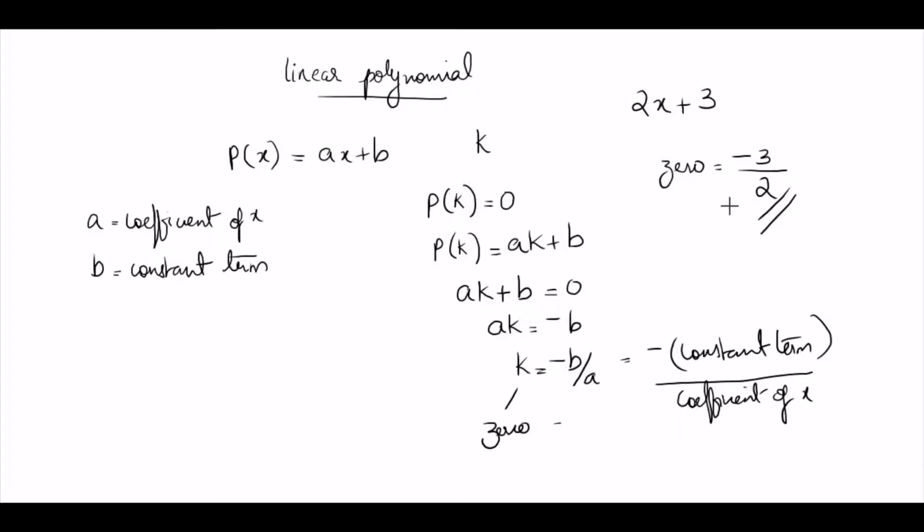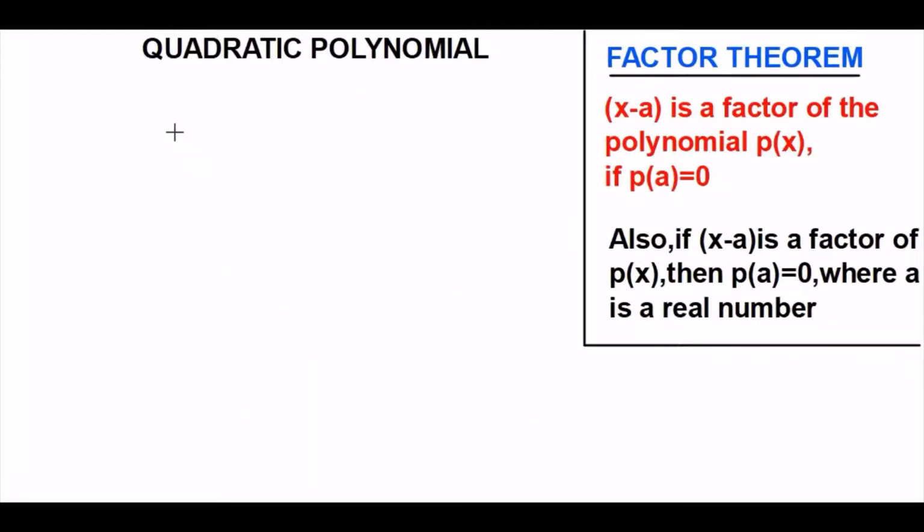And you have learned exactly 1 zero is possible for a linear polynomial. So this is the only zero that is possible for this polynomial. That is, 2x plus 3 is equal to 0, so x is equal to minus 3 by 2. This is the value of x for which the polynomial value will be 0. Now let's see the relationship between the zeros and coefficients of a quadratic polynomial.